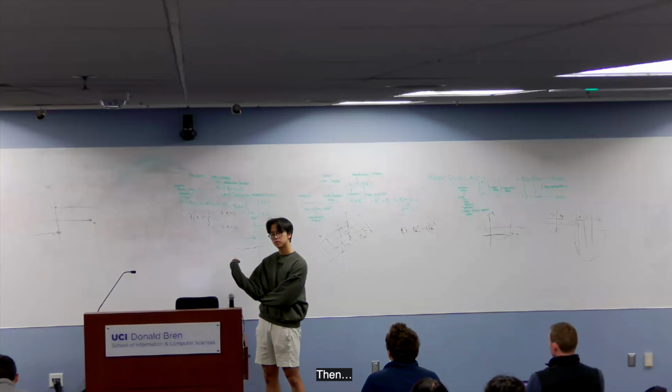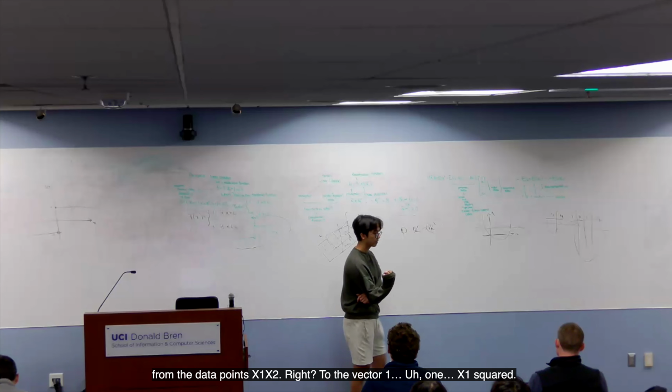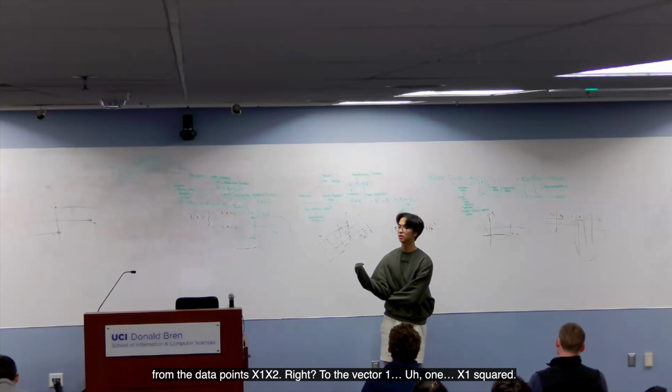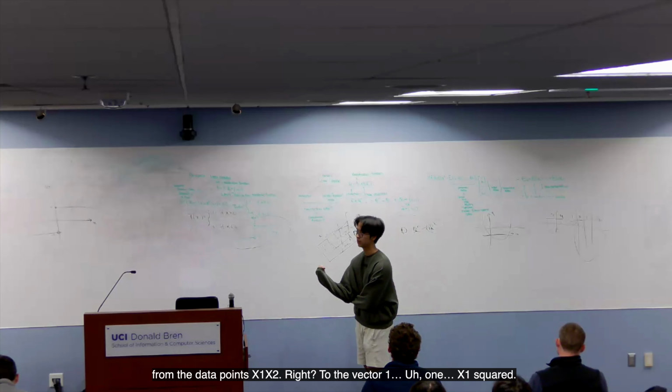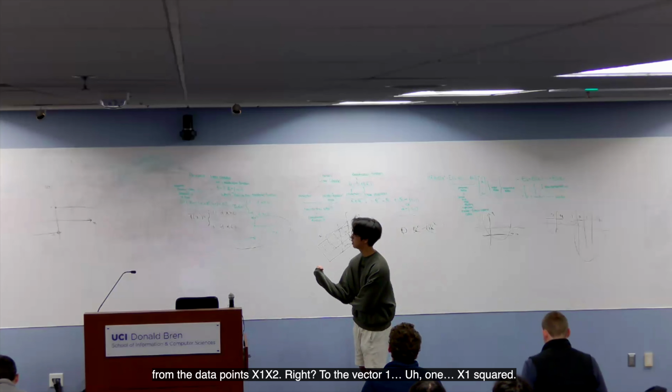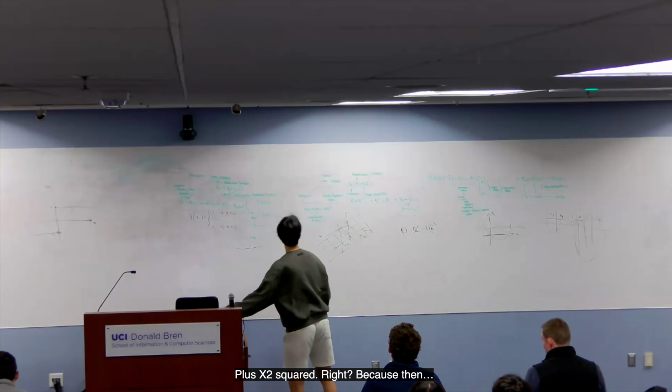Then what I might do is perform a feature transformation from the data points x1, x2 to the vector 1, x1 squared plus x2 squared, right? Because then